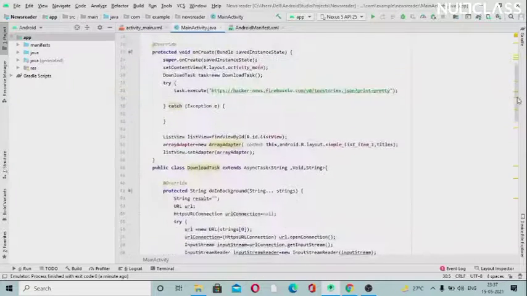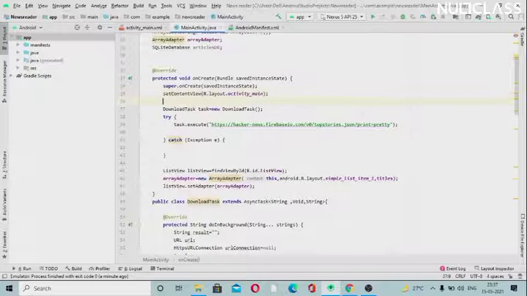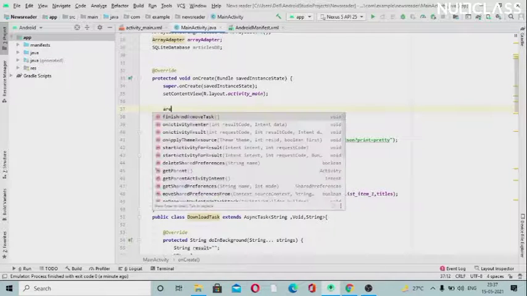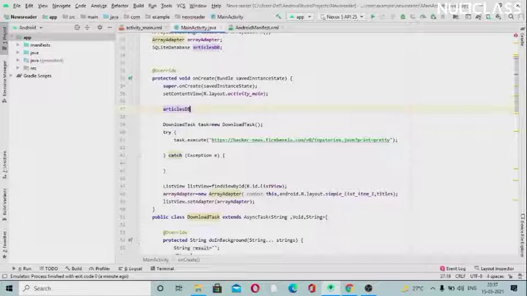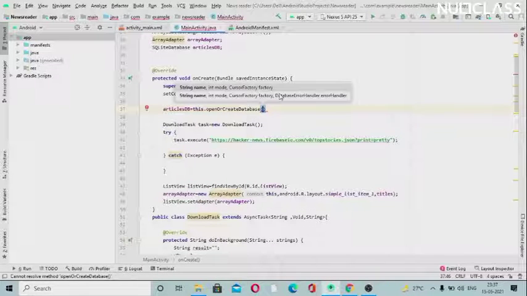I will go into the onCreate method, and before this try catch I can use this. Firstly, I will use this command, openOrCreateDatabase, which is just to create the database.